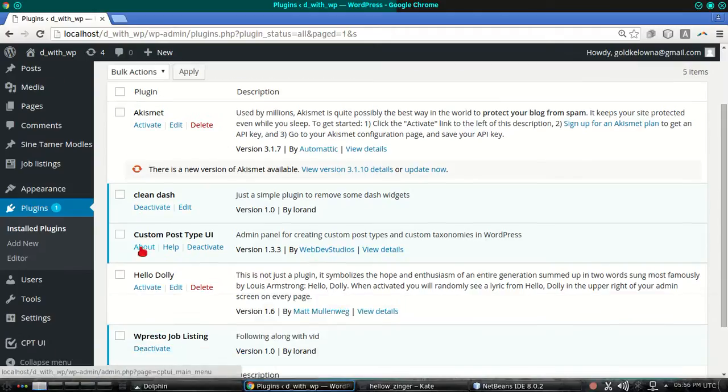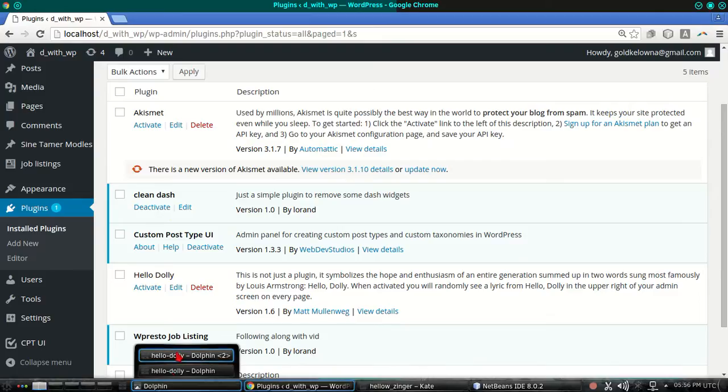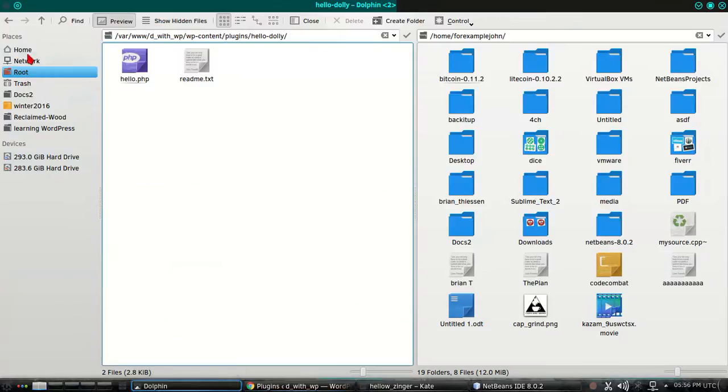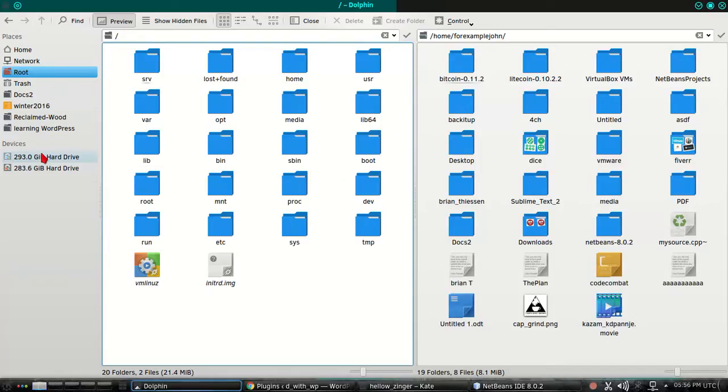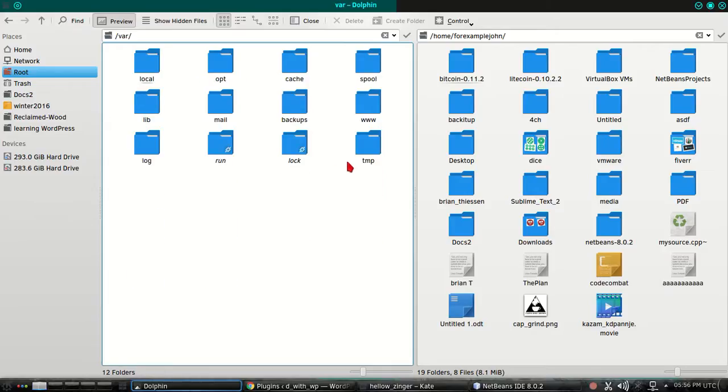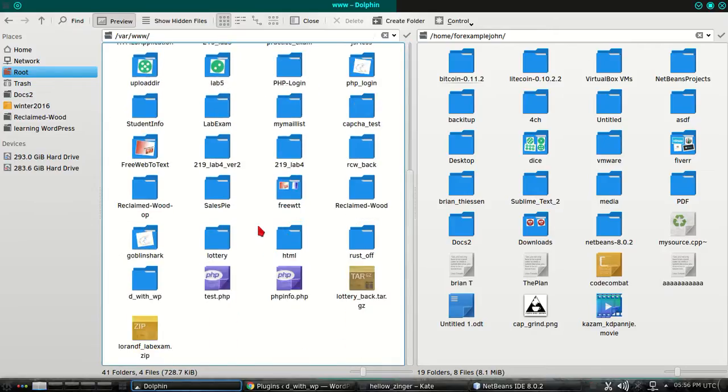All right, let's go. So we've deactivated Hello Dolly, and now we want to go into our folder structure. I'm using Dolphin. Dolphin's a part of Linux. It's just an operating system like Windows or Mac OS X or whatever. And this is just the way I get to my files. You'll have a different location, different structure for your files, but once you get to the WordPress folder, it'll all be the same. So to get to my WordPress install, I go to root, var, www, and then d